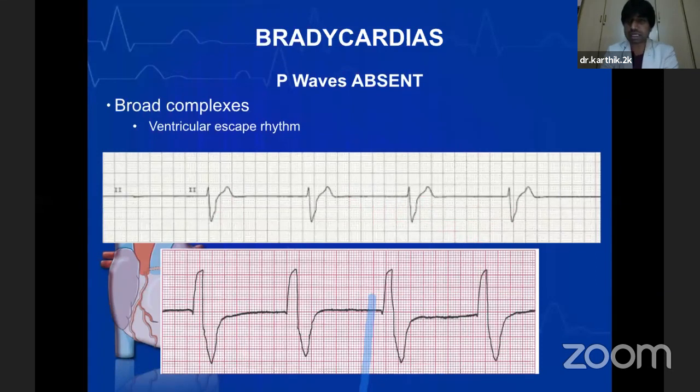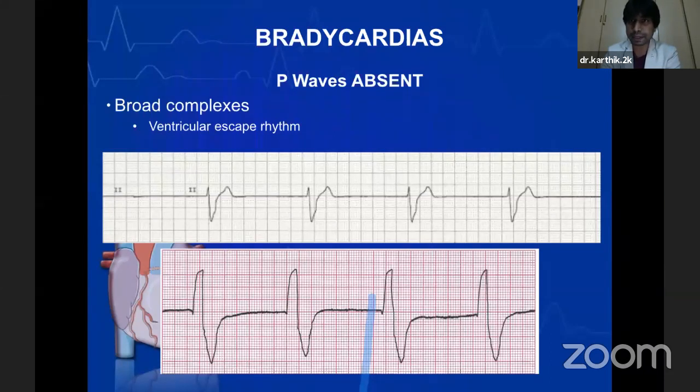Now sometimes patients can have bradycardia with a wide QRS complex. That means all the higher pacemaking authorities like the AV junction and the SA node have failed to generate the impulse, in which case the His bundle, the Purkinje fibers or the ventricles themselves have taken over the activity of pacing, which is called a ventricular escape rhythm. You can see that the QRS complexes are wide, there is bradycardia, and there are no P waves here again.